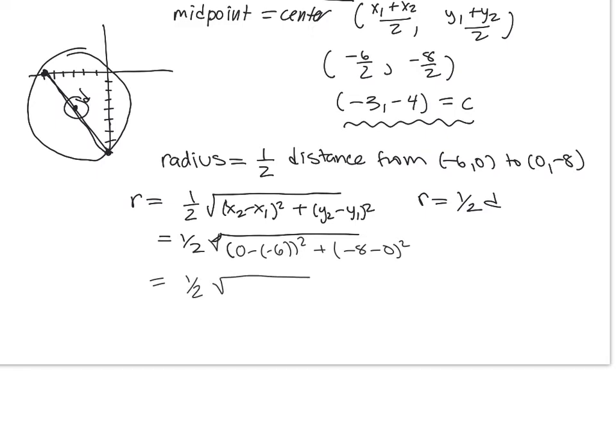I think that's half of, what, 36 plus 64? Someone tried to make this work out nice. That would be 100, so half of 100, half of then 10, right? So your r is equal to